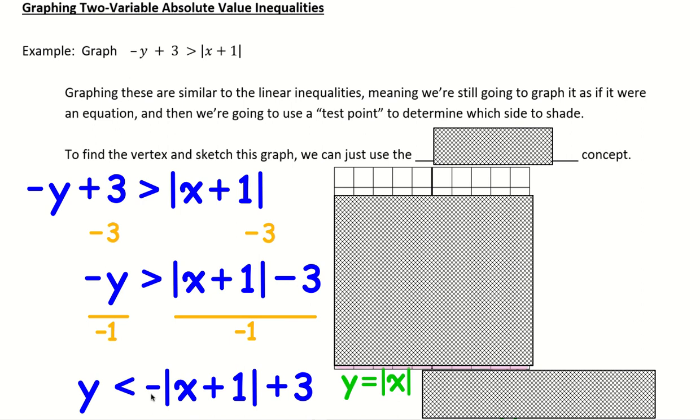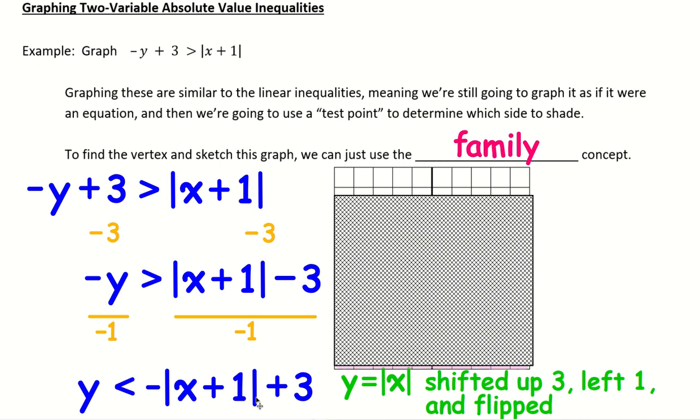Remember, this number out here would be like the slope or slopes of your v. But the fact that this is negative means your v is going to what? Be upside down. So this whole time we were using the family concept where we were comparing this to the original old, see it's right here in green, we were comparing this to just y equals the absolute value of x. So like I just said,